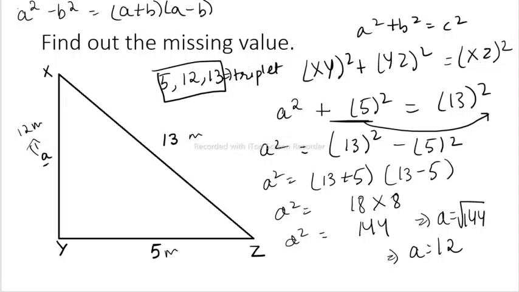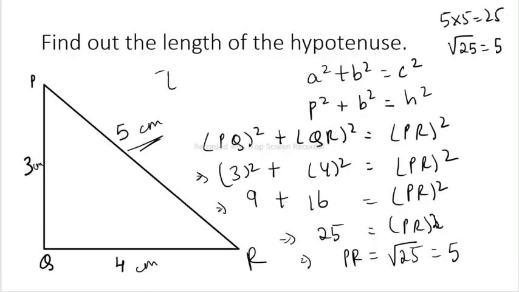It could also be that 5 is the perpendicular, 12 is the base. That can also happen. Still, the hypotenuse length will be 13 units only. And the same thing goes with this one also. 3, 4, and 5 form a Pythagorean triplet. Like this, there are many triplets, and it's very useful if you know some of them. It will help you